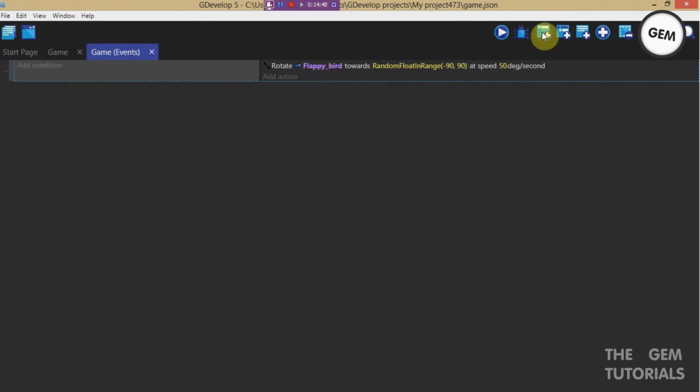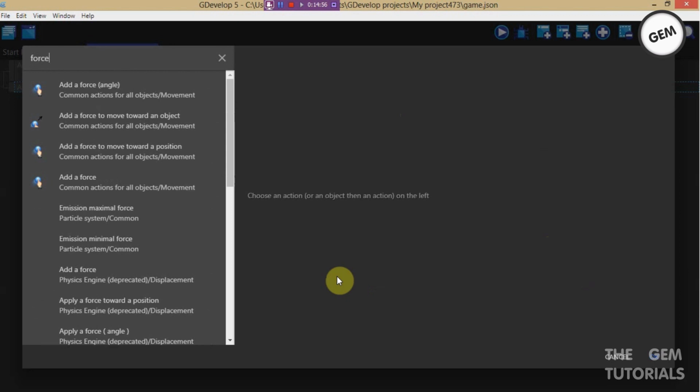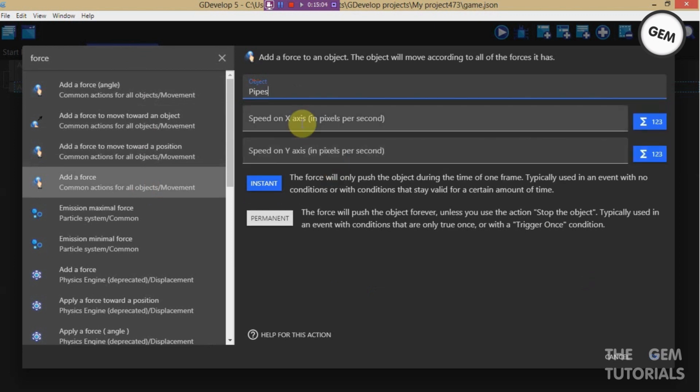Here we go. Add an empty event. Add an action, add a force. Here we go. Add the force, which is our group pipes, on the x-axis -100 and on the y-axis 0. It's an instant force. The force will only push the object during the time of one frame, typically used in an event with no conditions or with conditions that stay valid for a certain amount of time. Okay,